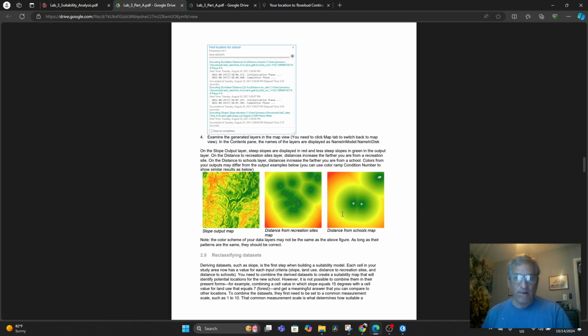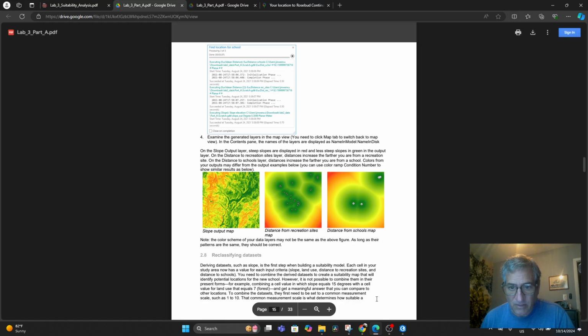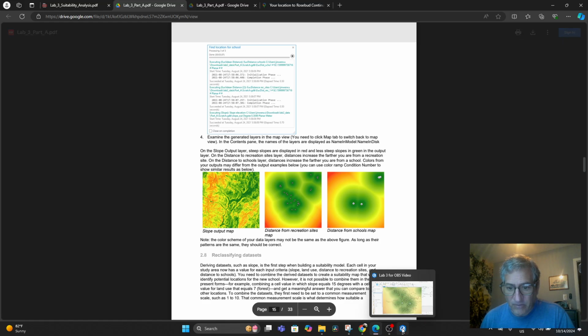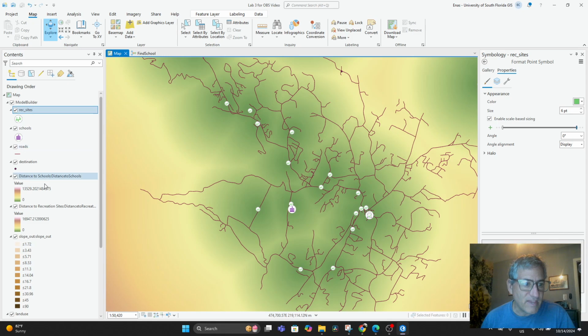All right. On the slope output layer, steep slopes are displayed in red and less steep slopes are in green. In the output layer, distances increase the farther you are from a recreation site. So distances increase the farther you are from the school. And you can use color ramp condition number to show a similar result. So in terms of these, the slope output was definitely,